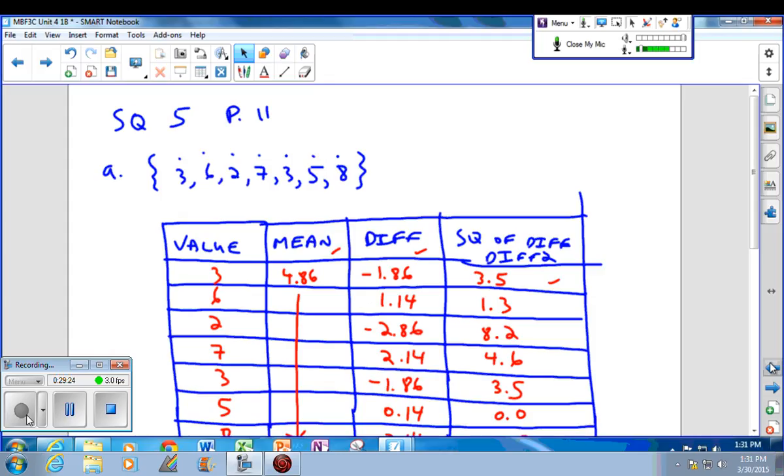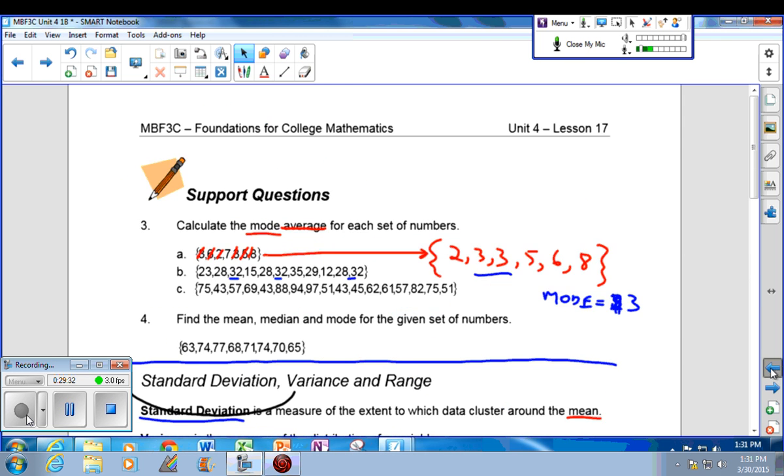So the data that I have is from one of the support questions. And once you actually do it, yeah, I think that's the one right there. Okay, so we actually put it in order here, but I'm not really sure why I crossed that out. So there's the data that we had. I can't really cut and paste it from here, so we'll just have to type it in. Okay, so it's 3627